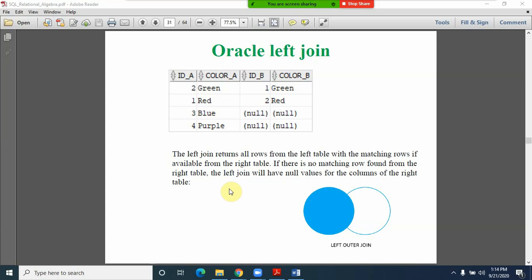If the matching records are available, then we can expect the outcome. Otherwise it puts null, and it gets outputted as a left outer join. If there are no matching rows found in the right table, the left join will have null values for the columns of the right table. That we are clearly seeing here in the output.